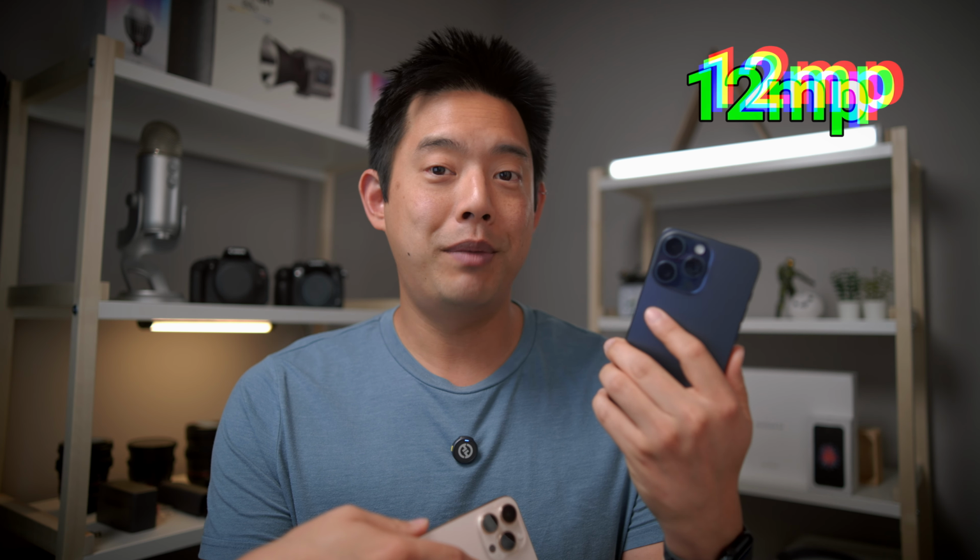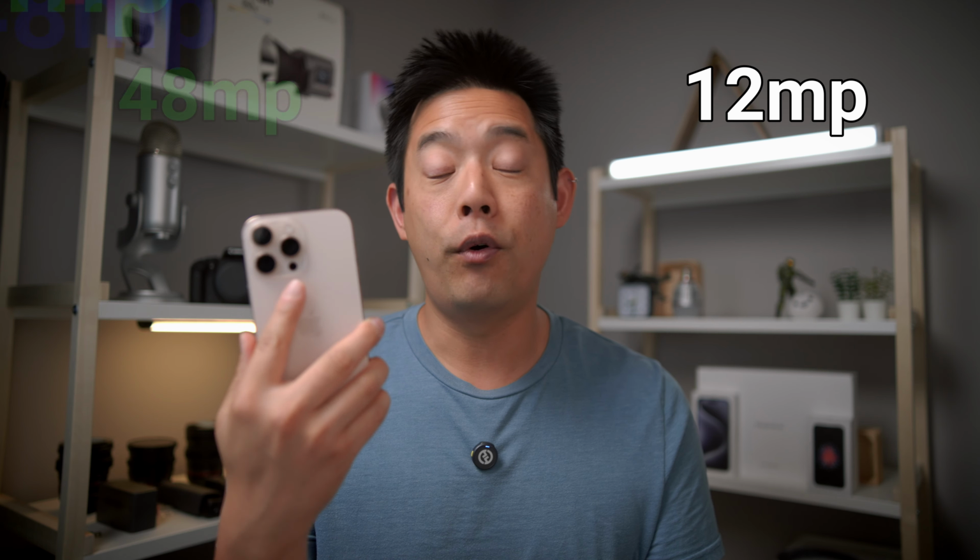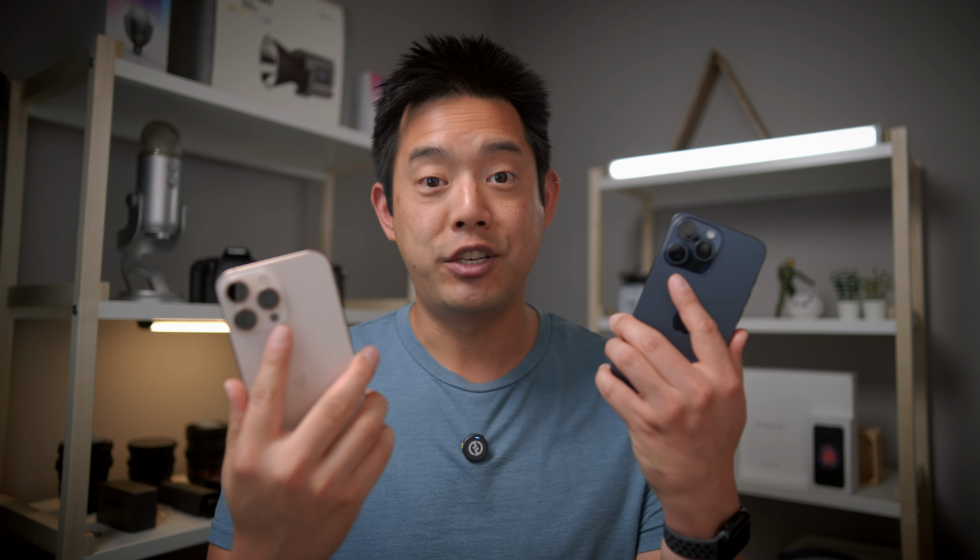The biggest update this year to the new iPhone 16 Pro and Pro Max is the new wide-angle sensor. Compared to the last generation on the 15 Pro and Pro Max, you're essentially going from a 12 megapixel sensor to a new quad-Bayer 48 megapixel sensor. Now, unfortunately, based on my tests, this new sensor is not the exact same quad-Bayer 48 megapixel sensor that you see in the main camera. That sensor performs much better. But that's not to say that the new wide-angle sensor isn't better than the last generation. It definitely is. So let's go through some of the tests that I show you on why this sensor is